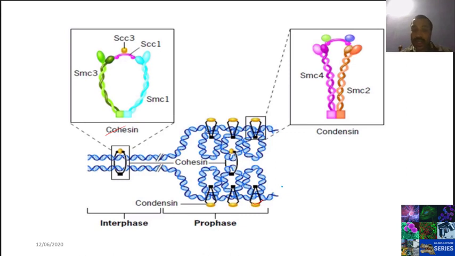Condensin promotes chromosome compaction. Carefully listen here. Condensin promotes chromosome compaction by linking